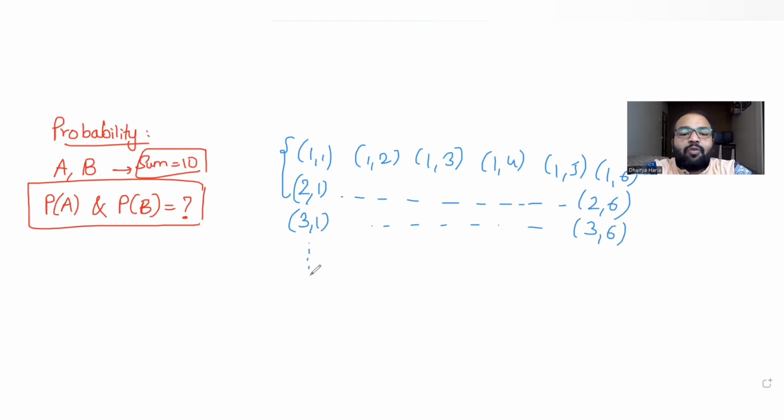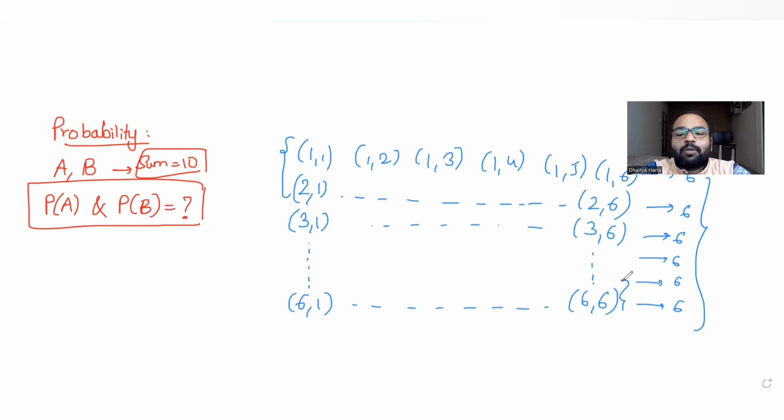Likewise, I can have 4, 5 and 6 on the first die, and 6 on the second die as well. So basically both of them have 6 as well as 6 on the upper faces. So in total, I have 36 outcomes when I throw a pair